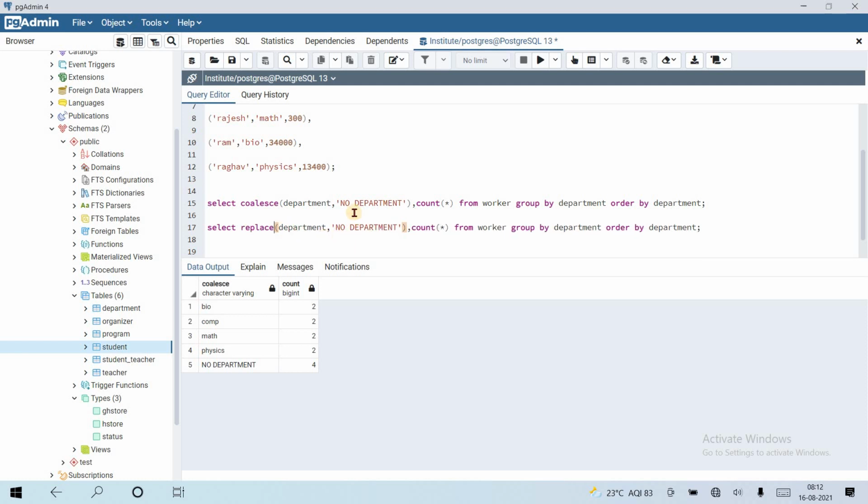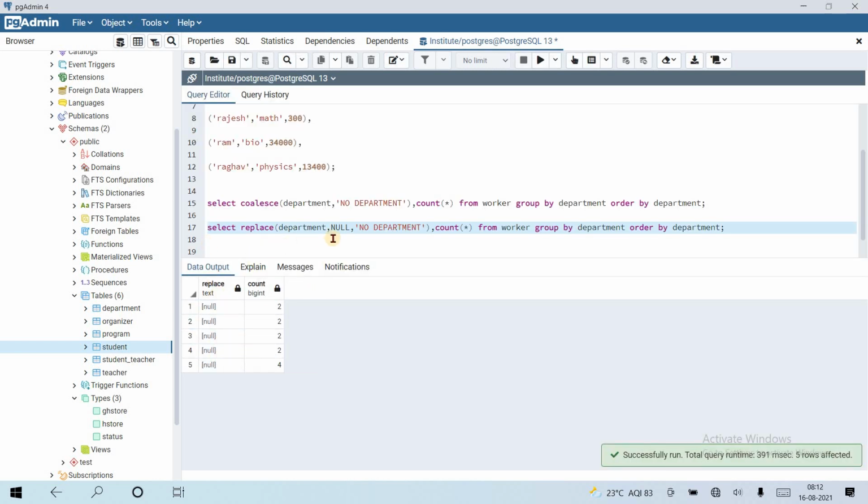Replace, and then string, null, text. Okay, string is department. Inside the string, if it finds a null value, then it will replace it with no department. Okay, let's see.